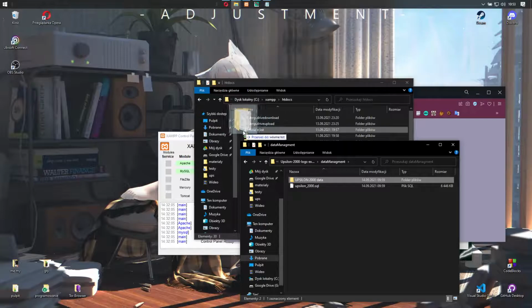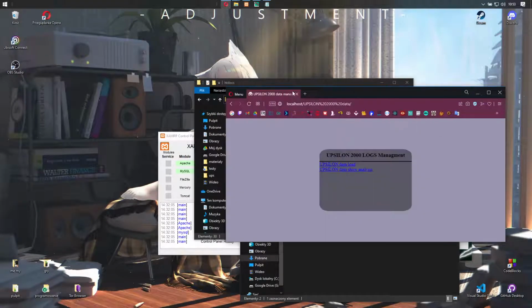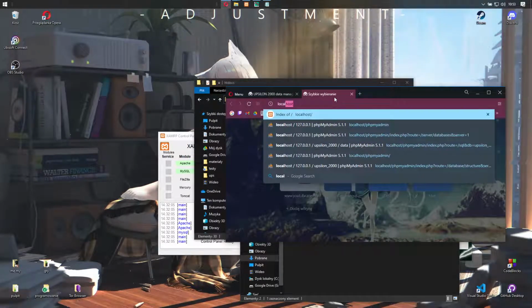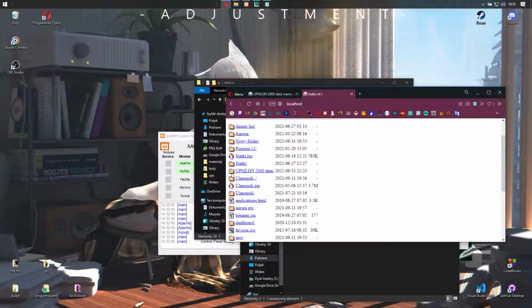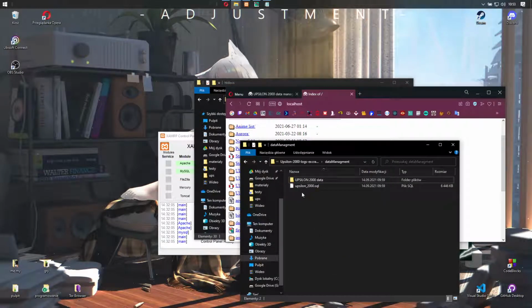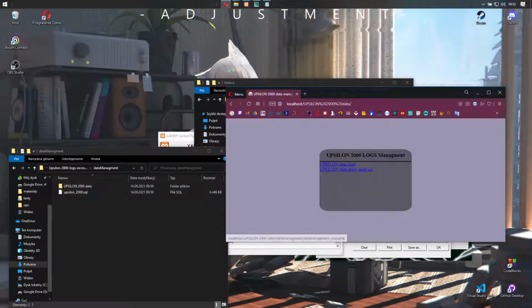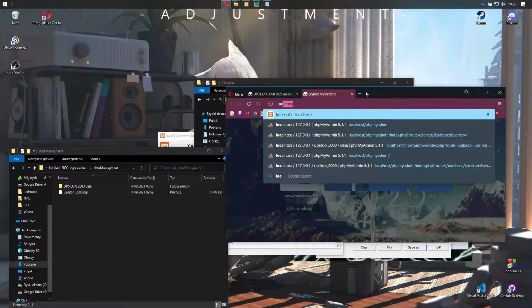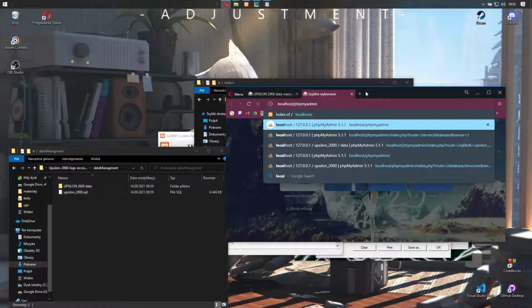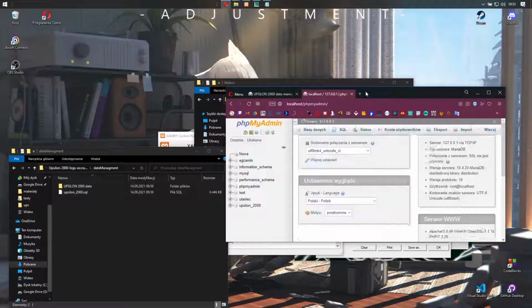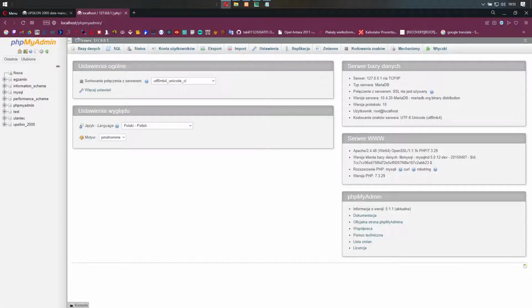You just drop it here. Yeah, and if you drop it here, it will just show up here. In case you're using, of course, XAMPP, it's very easy to use, so I recommend it. But now it's working. But first, what you need to do is go to phpMyAdmin or any tool you're using and